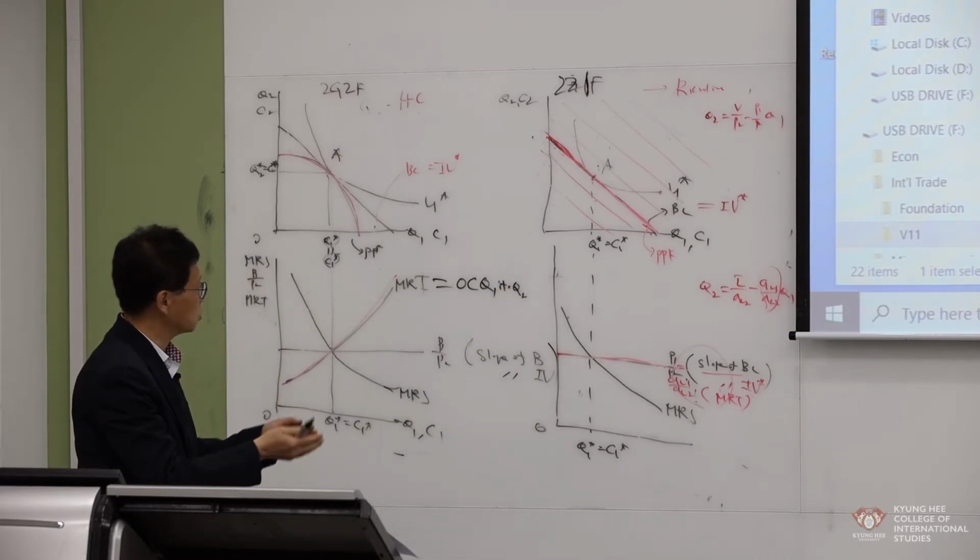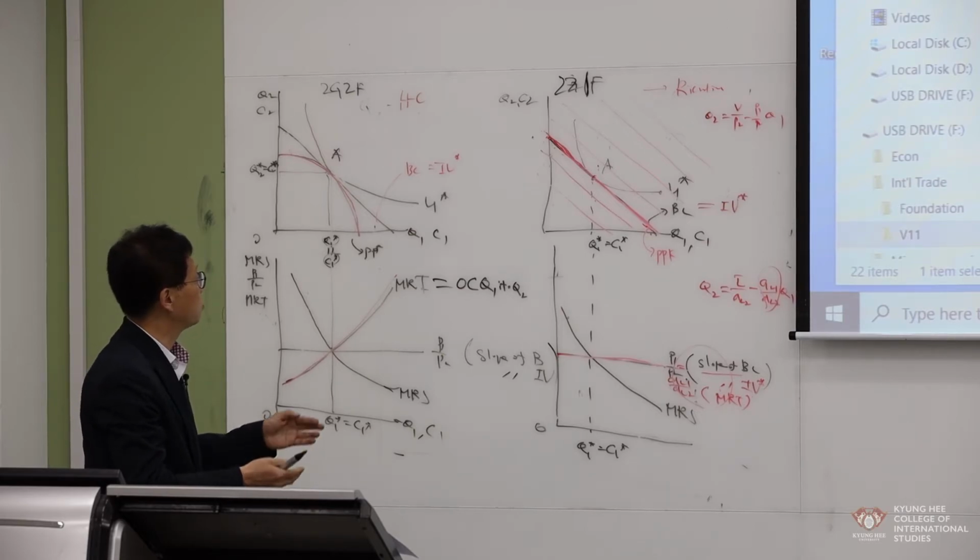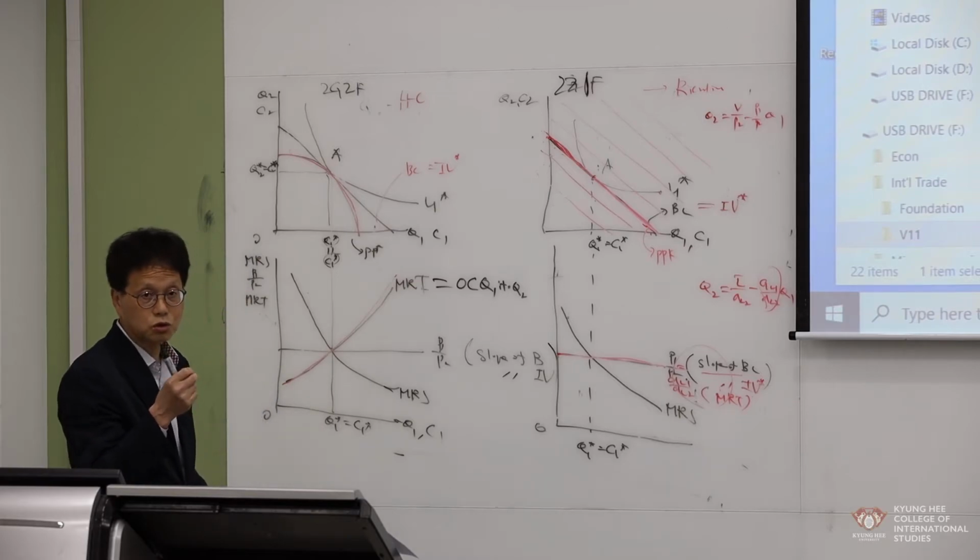To produce one more Q1, how many units of Q2 can be sacrificed, right? That is the opportunity cost of Q1 in terms of Q2, right? And I said